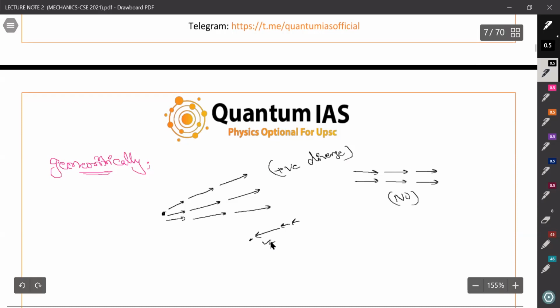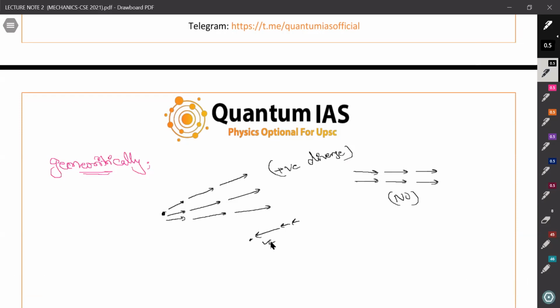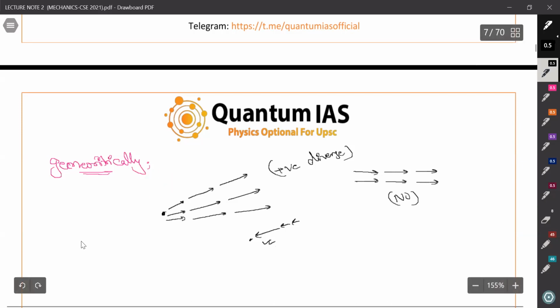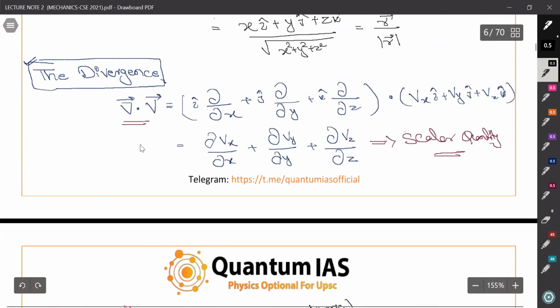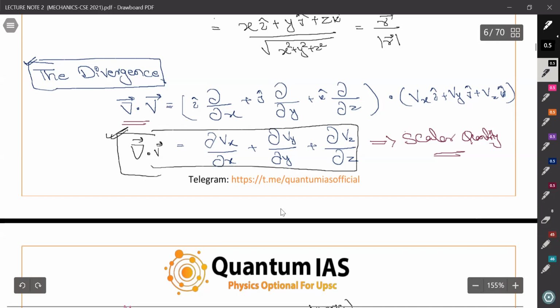So divergence in general, if we talk in Hindi, फैलाव, कितना फैल रहा है, कितना स्प्रेड आउट हो रहा है किसी पॉइंट से कोई चीज, ठीक है? तो जैसे फॉर एग्जांपल अगर हम इलेक्ट्रिक फील्ड को देखें तो वहां हम उसका डाइवर्जेंस निकाल सकते हैं एक पॉइंट चार्ज के थ्रू. Okay, so we are not going so deep into this, we are just concerned about this part. If you want to find the divergence, we can apply this result.